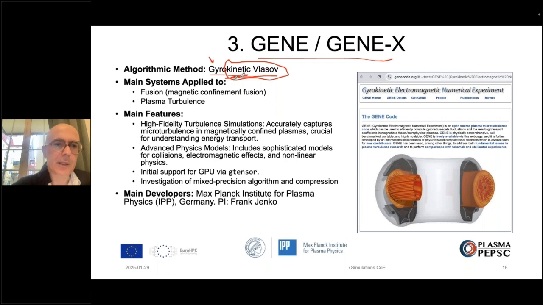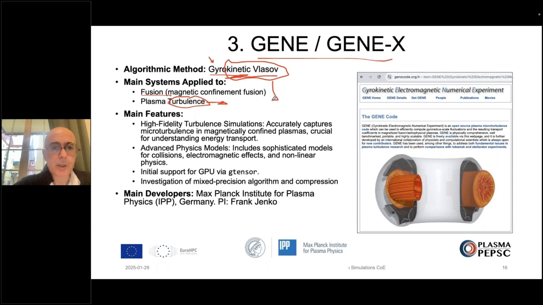As I said, it is used for fusion, in particular for magnetic confinement fusion, and there has been extremely impactful scientific work by the Max Planck Institute, the IPP plasma physics group, on plasma turbulence. This is very impactful work in trying to understand plasma turbulence, which obviously impacts the confinement and the dynamics of the plasma. So to unlock the nature of plasma turbulence in the core region of the device is a major step forward. So major physics